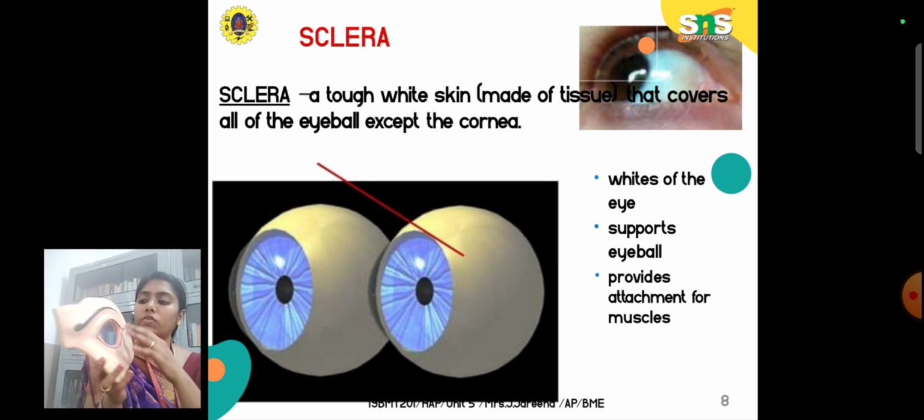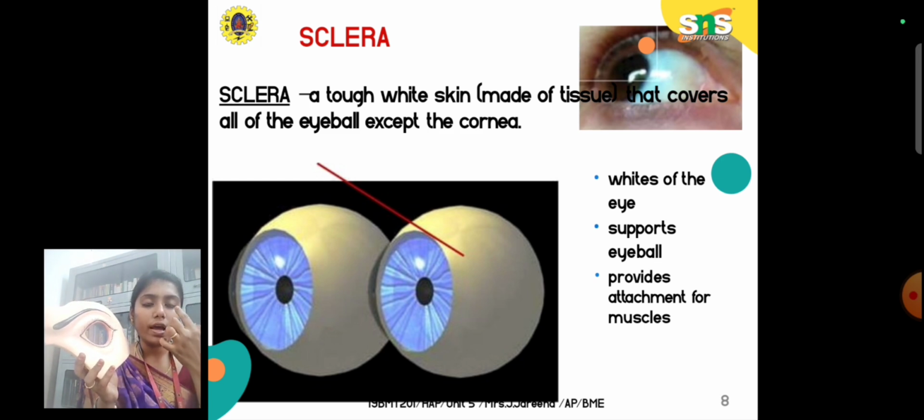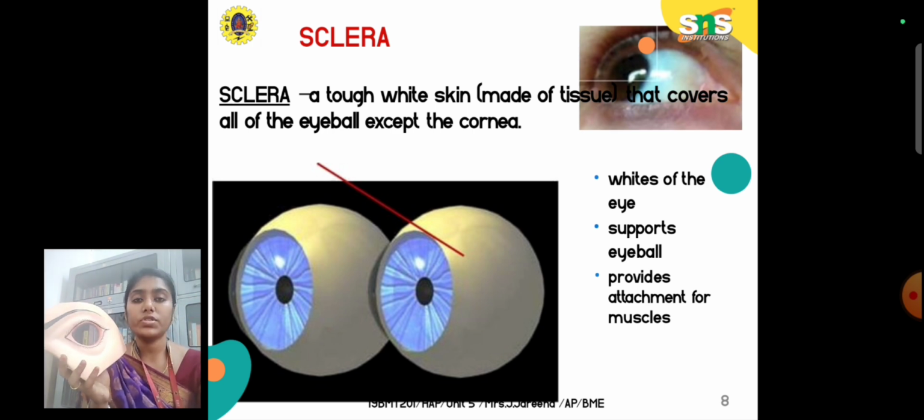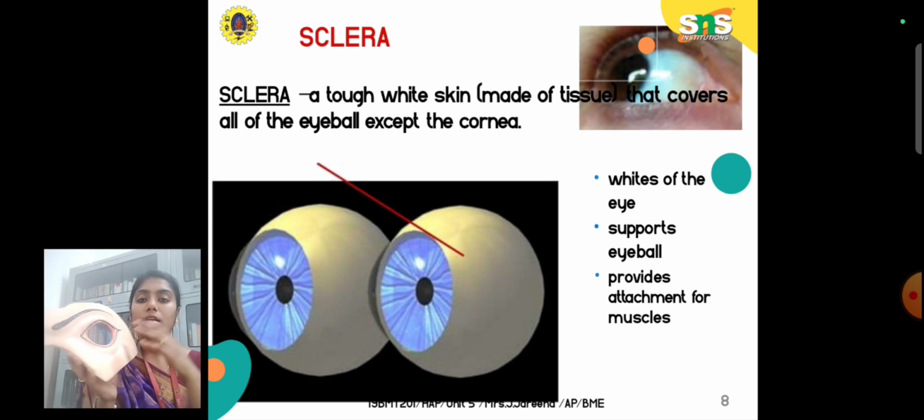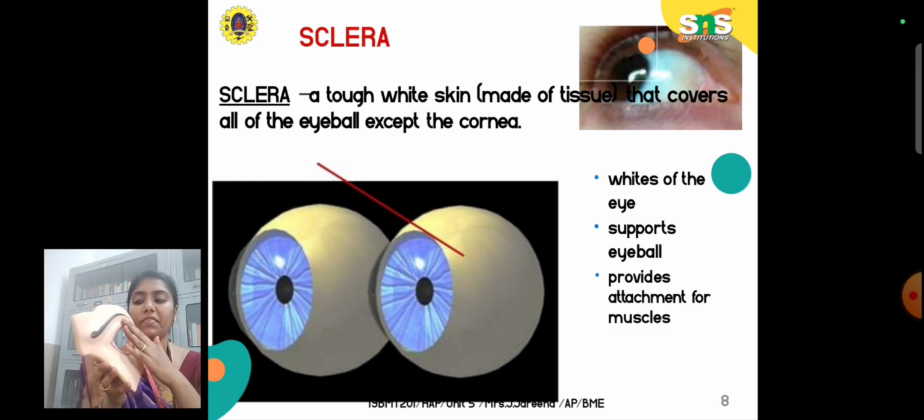Also, we have reflex action. When you bring any object near the eye, your eye will automatically blink. Also, every 20 seconds our eye will start to blink automatically, that is, unconsciously. The blinking of the eyes is a reflex action called the corneal reflex. That reflex action is meant to maintain wetness in your eye.